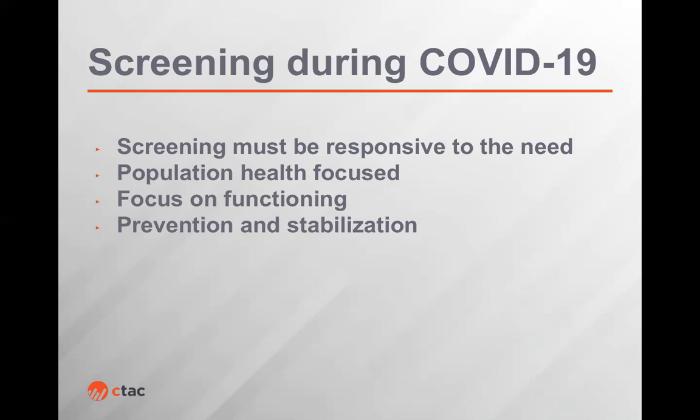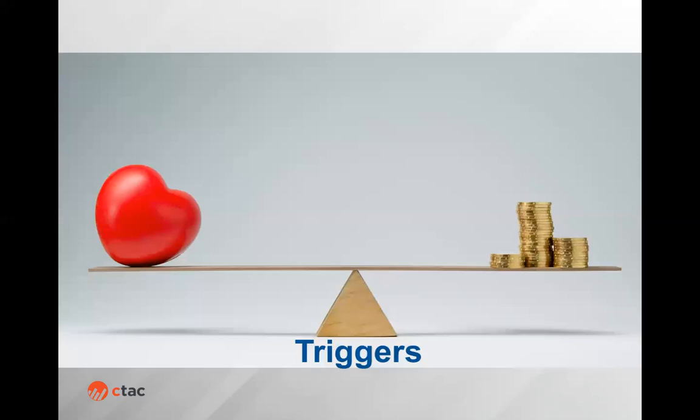And finally, we're going to be talking about prevention and stabilization. So how do we prevent you from needing to be stabilized? And once you need to be stabilized, how do we get you back to a point where you're functioning in ways that you're able to meet as many of those Maslow's hierarchy of needs as possible. And it's hard because, in these times of COVID, even a lot of the decisions that people are making around safety are balancing the heart of the matter with money.